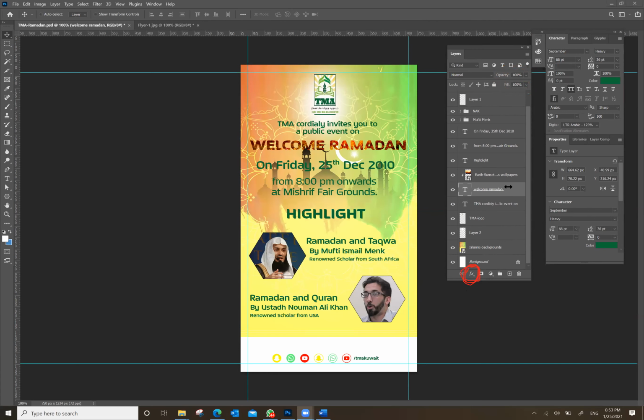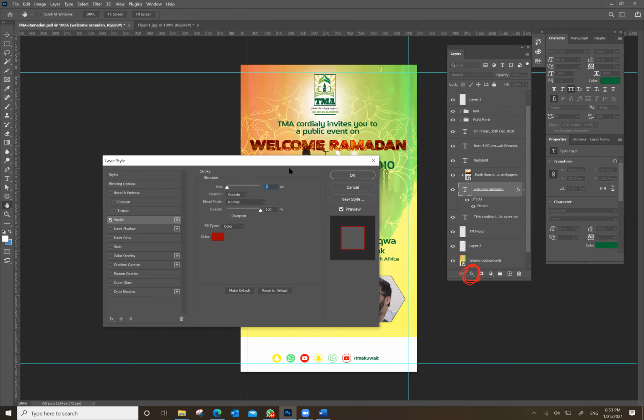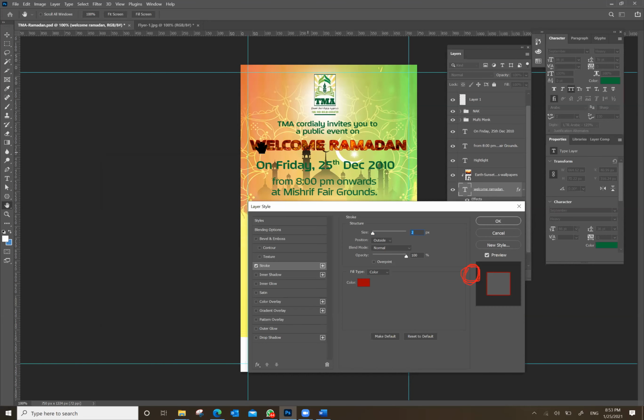It's a very important guy. So if you click on this, there is something called stroke. If I select the stroke, now look at the welcome Ramadan text. It received a one-line outline around the text in red color. So now I want to give the color as white and see, is it more readable now?